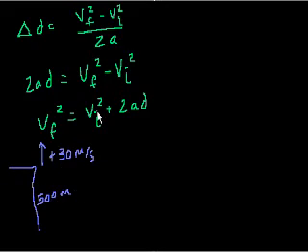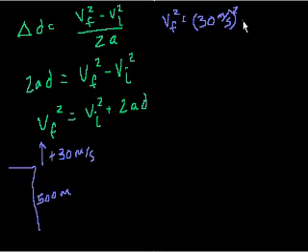So let's use this formula, any version of this formula, to figure out what our final velocity was when we hit the bottom of the ground. Well, this is probably the easiest formula to use because it actually solves for final velocity. So we can say that the final velocity, Vf squared, is equal to the initial velocity squared. So what's our initial velocity? It's plus 30 meters per second, right? So it's 30 meters per second